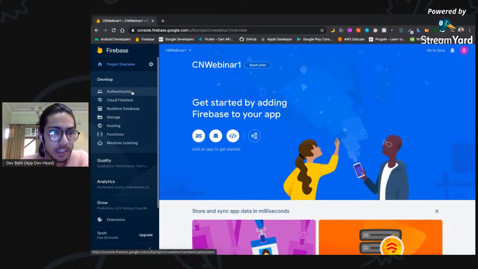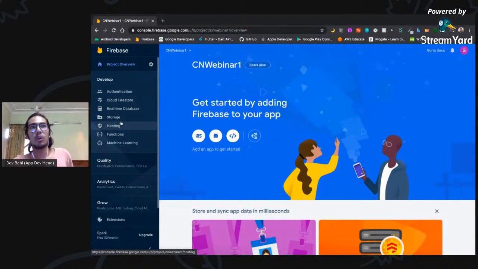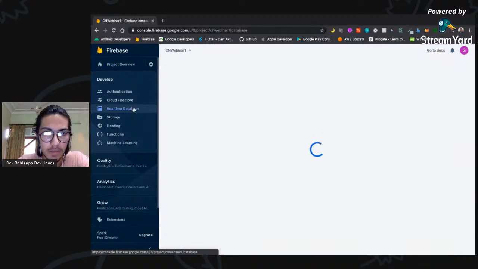I'm just letting you know the major services. Like you can even store images and all if you want to. If you want your user to upload an image in your app, he can upload it and you can store it in this storage, and then you can even host your website or something from here. These are cloud functions, and then you can also use machine learning. They have some pre-made ML models. You can integrate them. So for now we'll leave all these. We'll just go through our database,